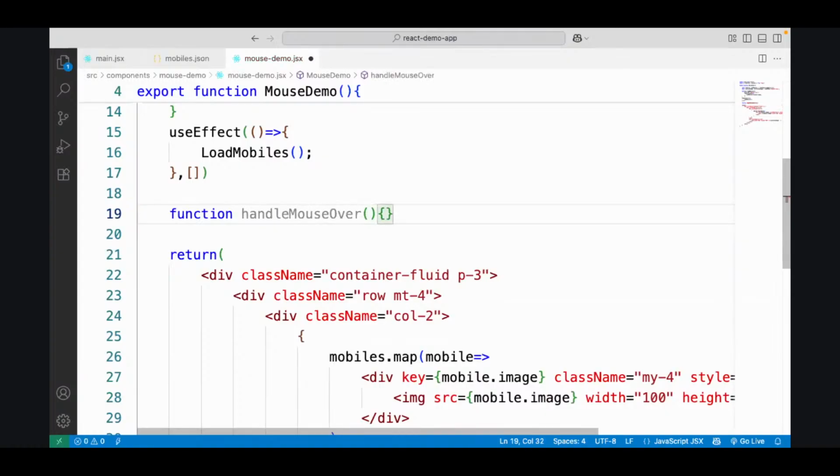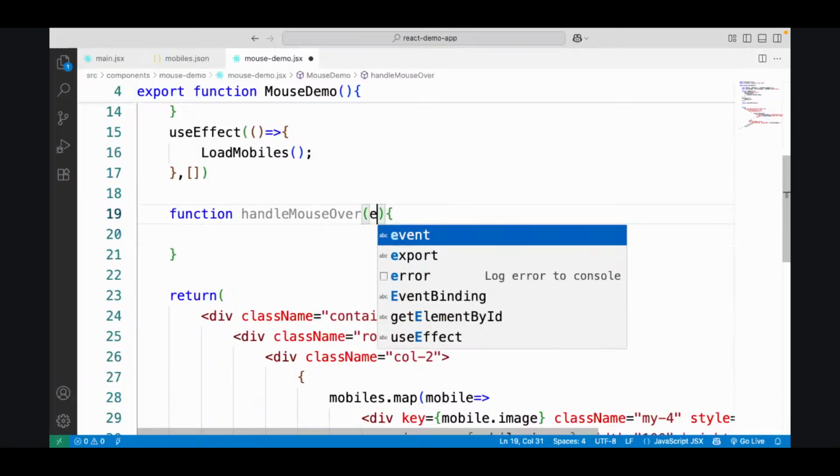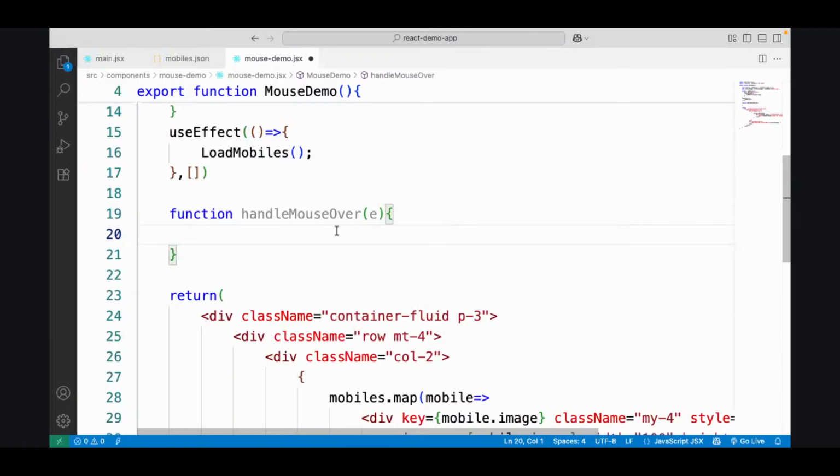Remember, these function names don't matter. You can give any capital letter, small letter, it doesn't matter. Capitalization matters only for component functions. Inside a function, lowercase, uppercase, anything you can give, but you should match the capitalization correctly. Okay, handle mouse over. On mouse over, we have to collect the image source through e,